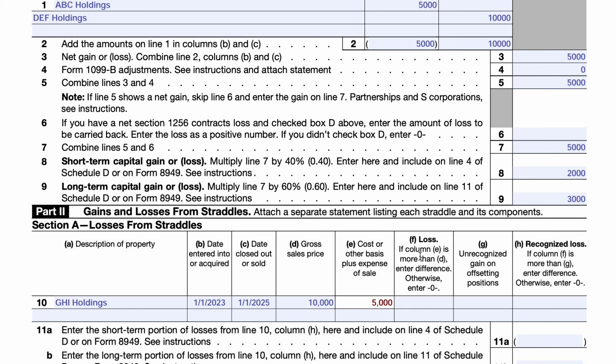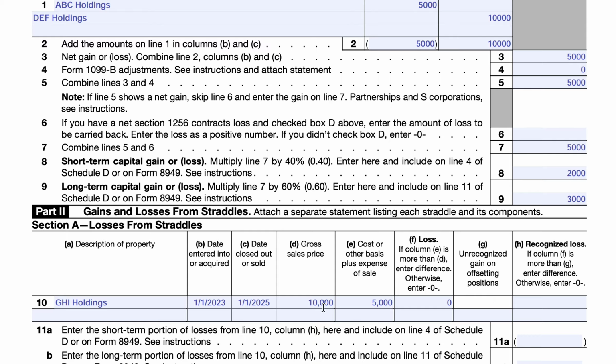Column F, if column D is more than column E, or if column E is more than column D, you would enter the difference. That would be a loss. This is technically not a loss. So column G would be the unrecognized gain on all of those. So if we had an unrecognized gain on any offsetting positions,